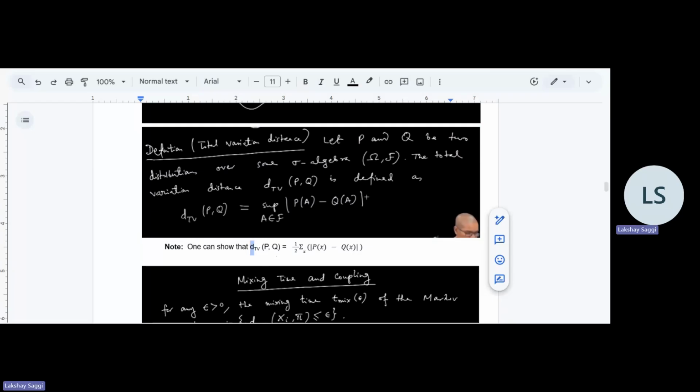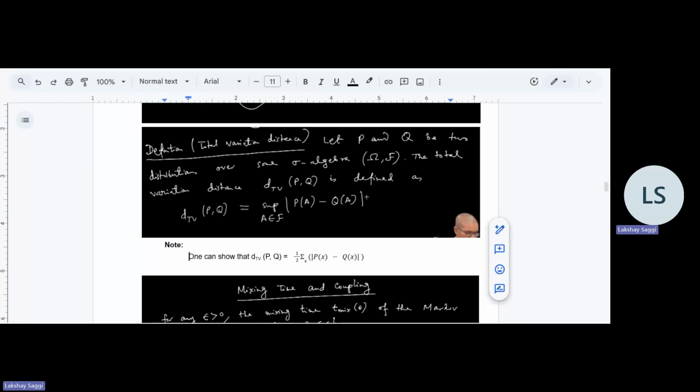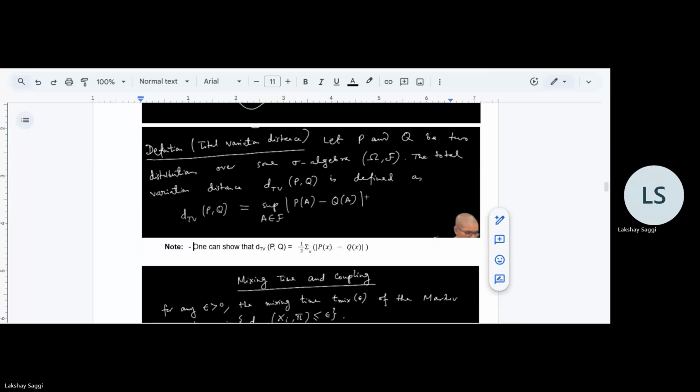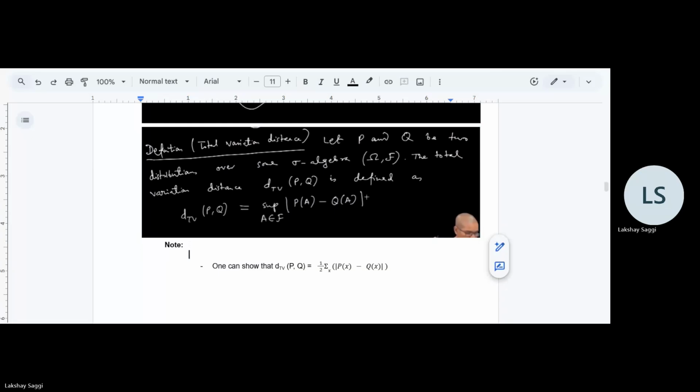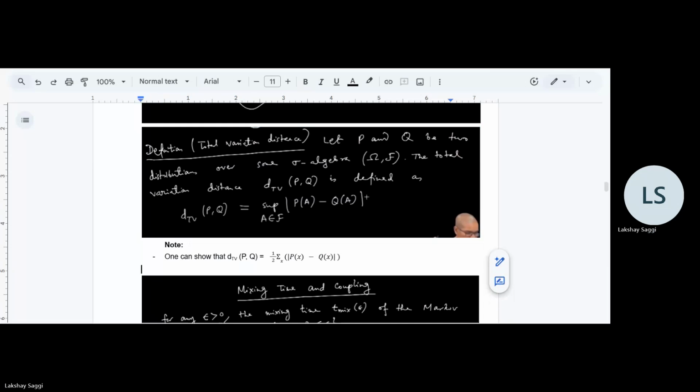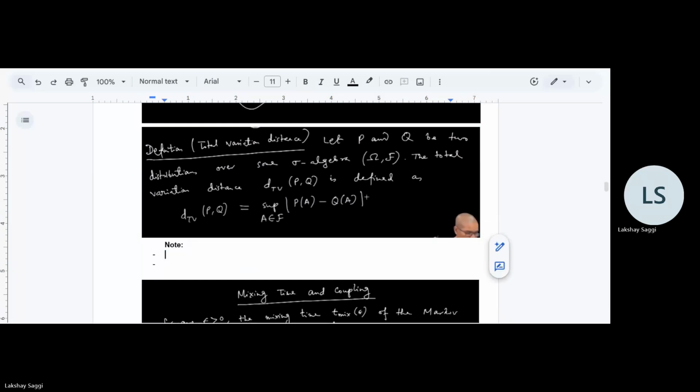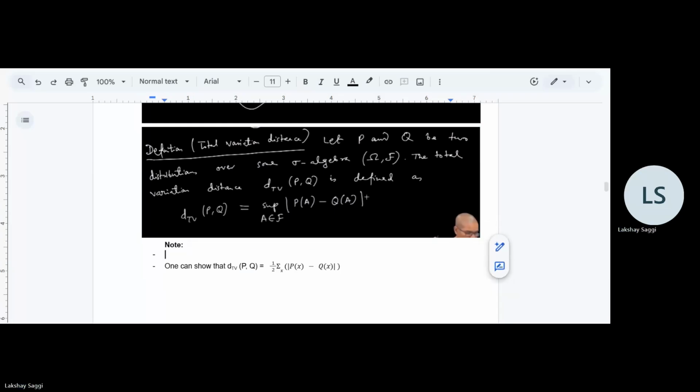Uh, that so since total variation, yeah, okay, yes, no. So what I want to write is okay that mm,